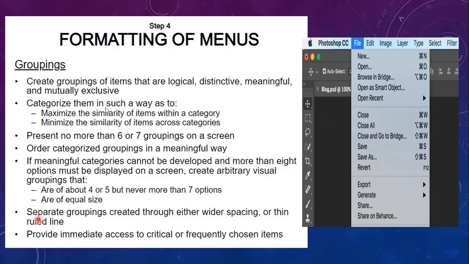And separate groupings created through either wider spacing or thin ruled lines. So how can you do the separation? You can do it by inscribing a line separator between the groupings.